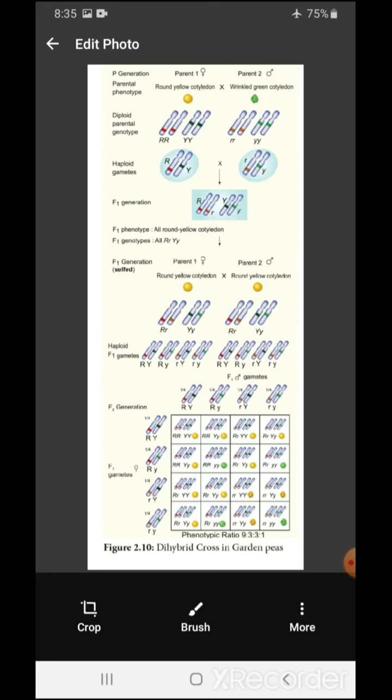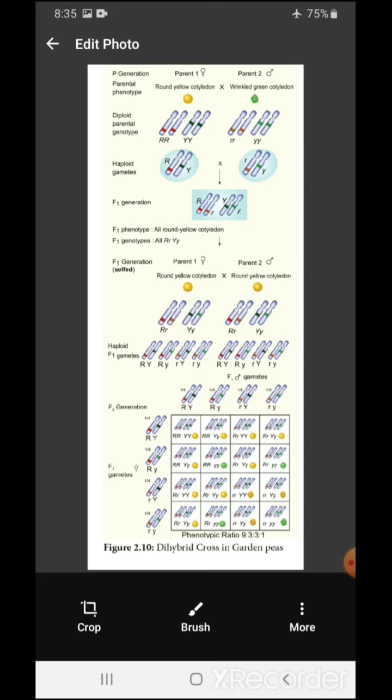This undergoes the dihybrid cross, that is the F2 generation. It produces 16 offspring. In these 16 offspring, first one, capital R, capital R, capital Y is the 1. Then capital R, capital Y, small y is the 2. So 1 is to 2, whereas capital R, small r, capital Y is also 2, whereas capital R, small r, capital Y, small y we are getting 4. So 9 is to 3 is to 3 is to 1.